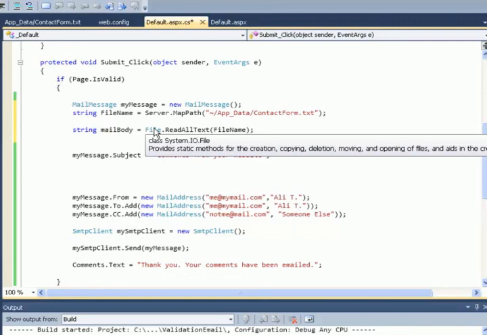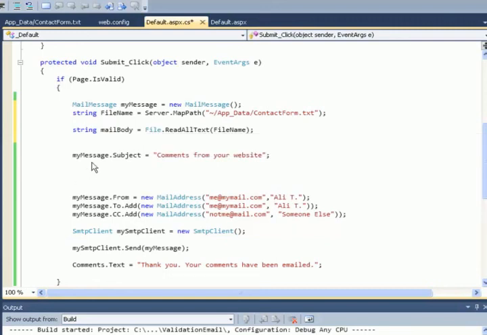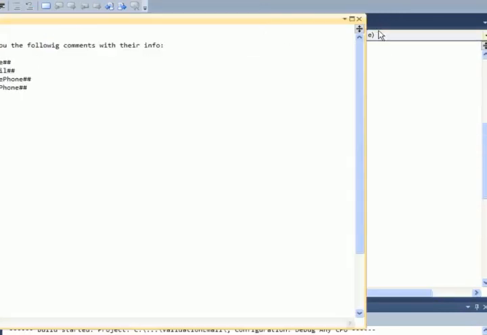I could also create a file like the mail message body that you created up here. You could create an actual file object, give it an actual object name and then use it and call it, but for the methods that are within File, you don't have to do it. So anyway, you created the string of the body of your mail. Next, if you look at the mail body string, it would read the entire text file from App_Data, which looks